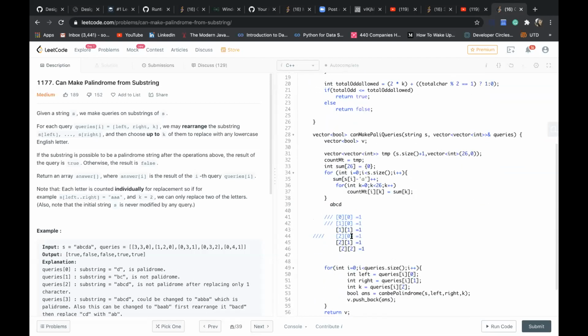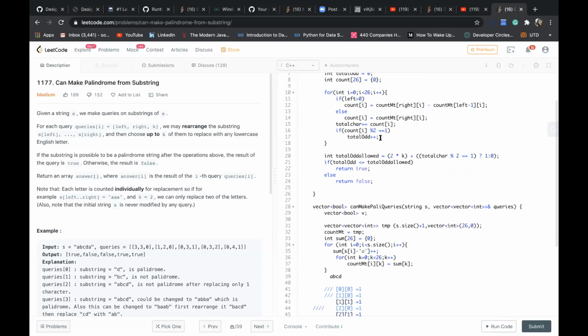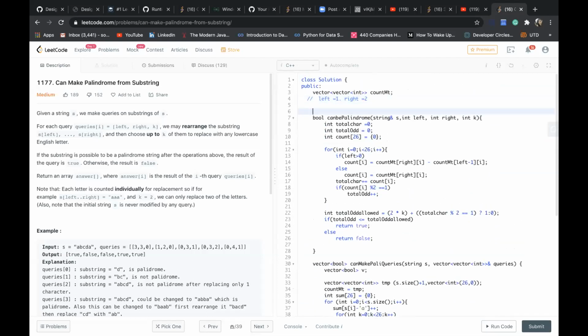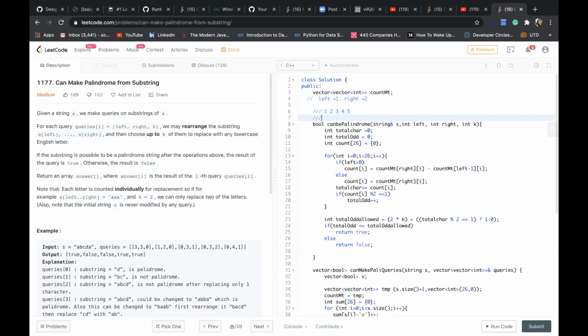So suppose my array is 1, 2, 3, 4 and 5. My calculations will be 1, then 3, then 3 plus 2 is 5, 5 plus 4 is 9, and 9 plus 5 is 14.